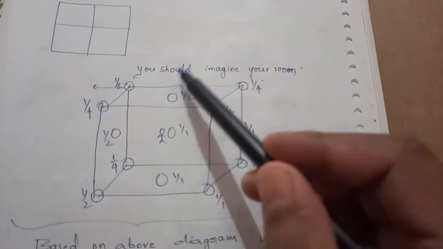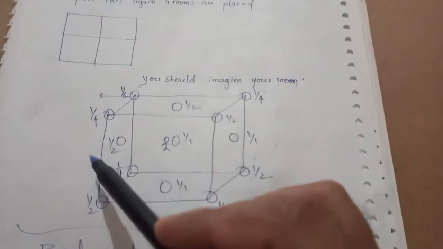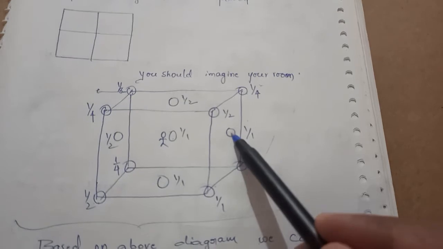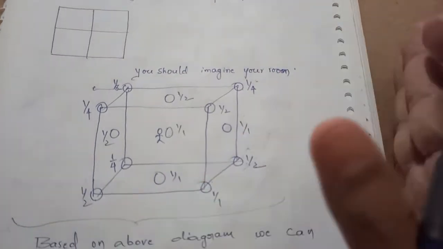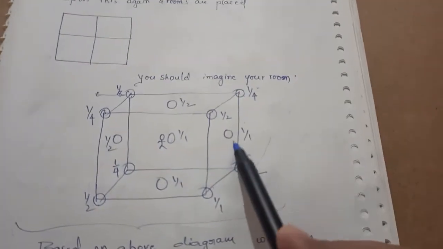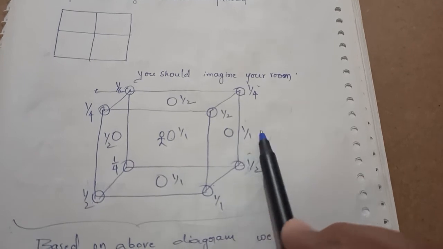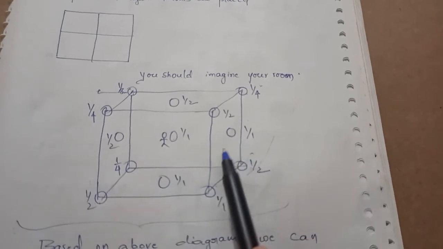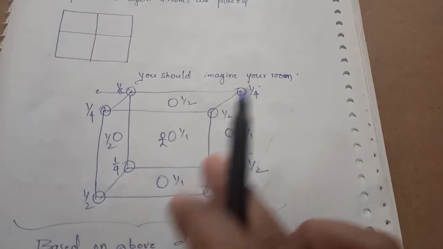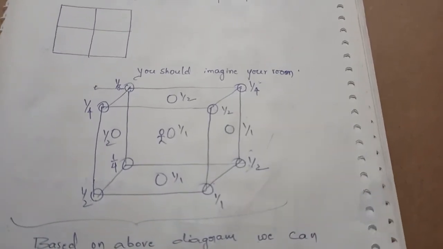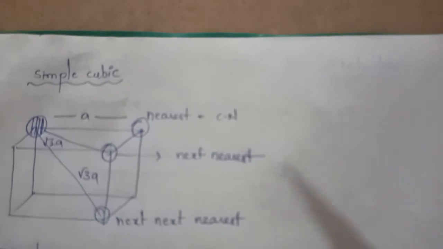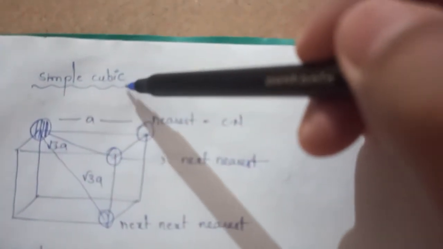Here you assume one atom is there on the space which is shared between 2 cubes. Here also 2 cubes. Here is the outside right side of the room. I said no already, it is no room, and down also no room. That's why 1/1. This is sharing inside only, this is also sharing inside only, that's why 1/1. Here we are discussing the first type of lattice.